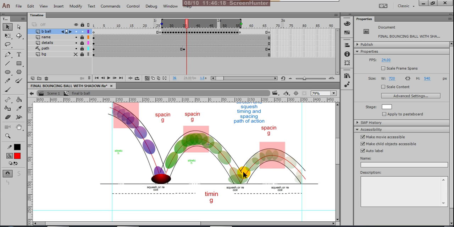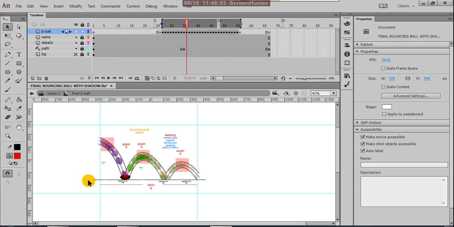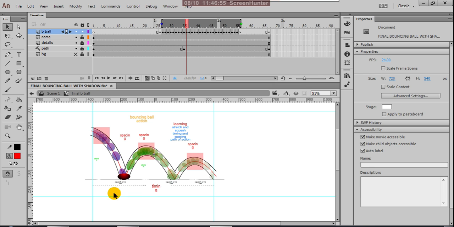Here the ball is stretched, getting into an egg shape, and then a normal, perfect round. From perfect round it is again dropping down. Why is it dropping down? Because the earth's gravity is pulling down. Then, because this is our camera area only, the ball may jump into the air once more, and somewhere it settles and stops. That is the bouncing ball action, but we are taking it within this camera only.